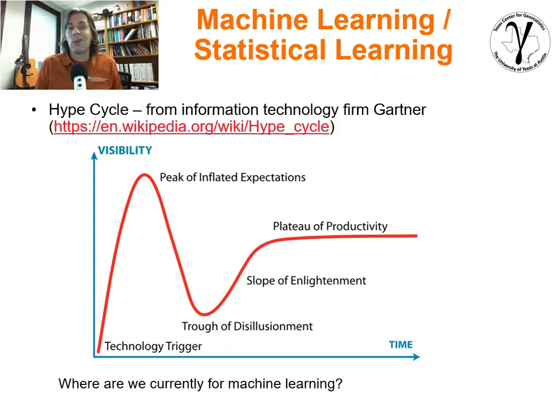Now, I said I wasn't going to be political or anything, but of course, if we're talking about a brand new technology that has a lot of attention, we should remember the hype cycle. The hype cycle has been published before. People have seen it many times before. And of course, you have time versus visibility, attention paid to the technology. And so you have some type of kickoff. There's a peak of inflated expectations, followed by a trough of disillusionment. There's a slope of enlightenment and a plateau of productivity where we get back to something reasonable. We start being productive with the technology, maybe understanding its true value in a more realistic, objective manner.